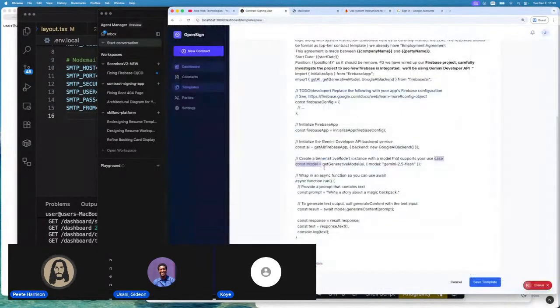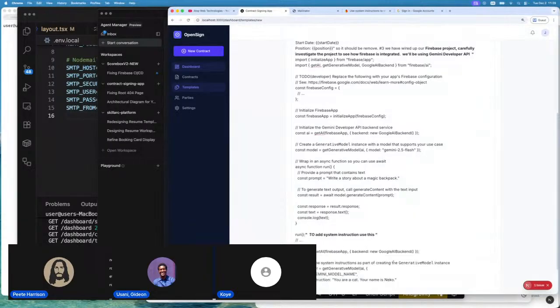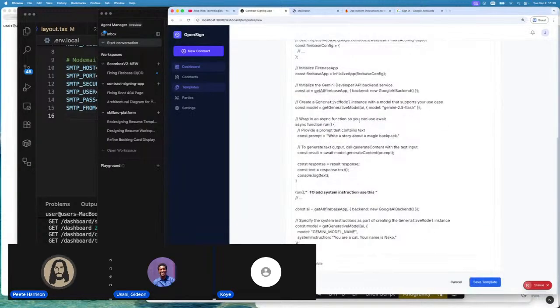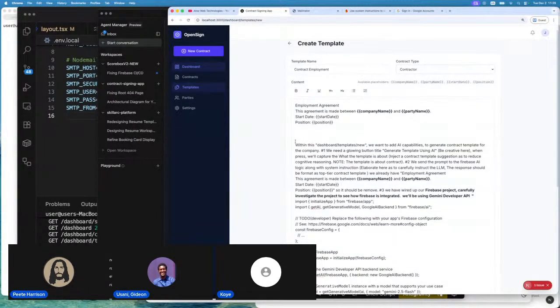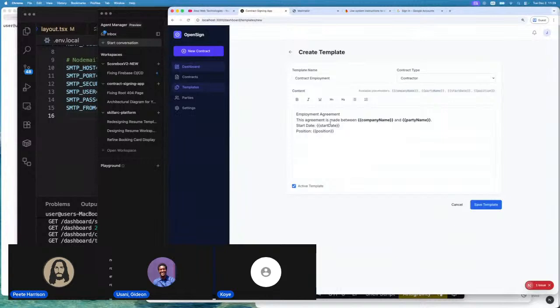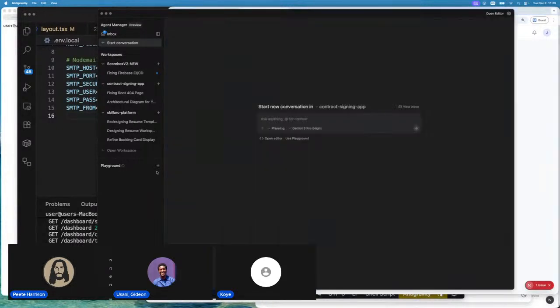So to add system instruction, use this here. All right, I think that is it. So we just need to copy everything here, cut it, and direct it to this agent and make sure we have